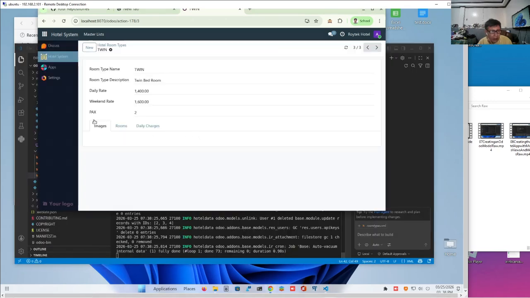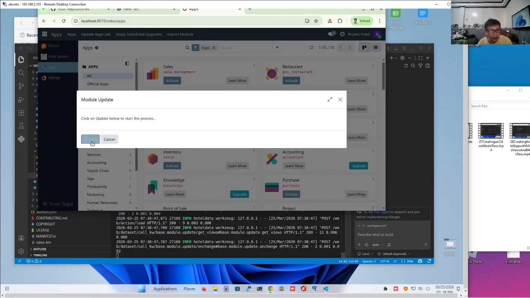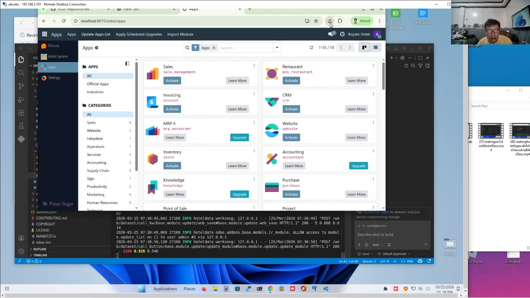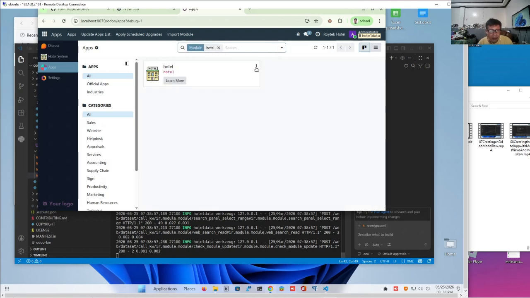Let's go to the apps and update the app list. We can still activate the developer mode. Let's go to hotel and then update.